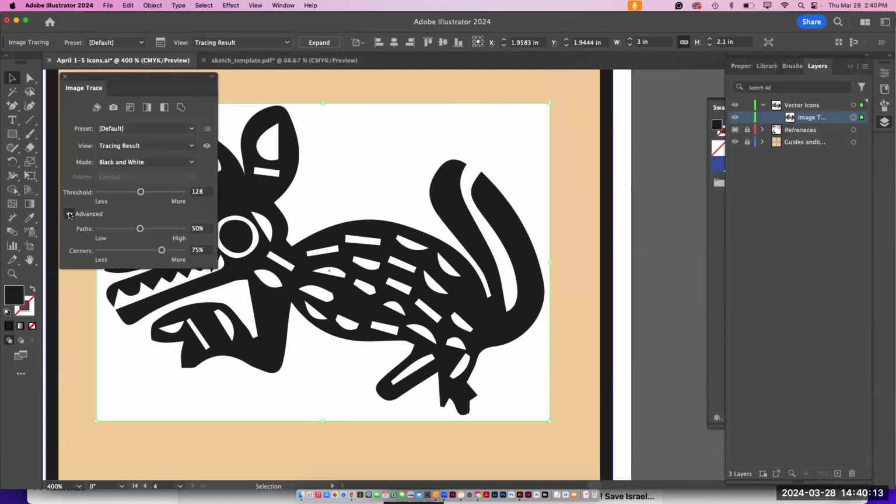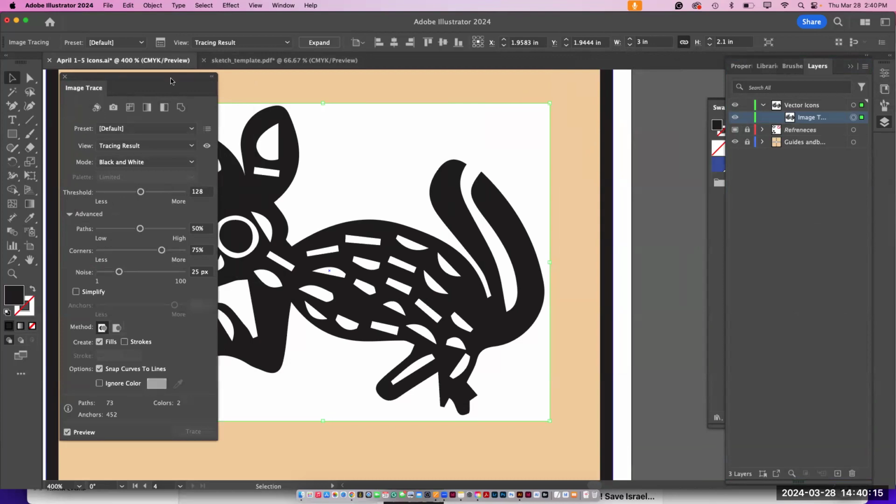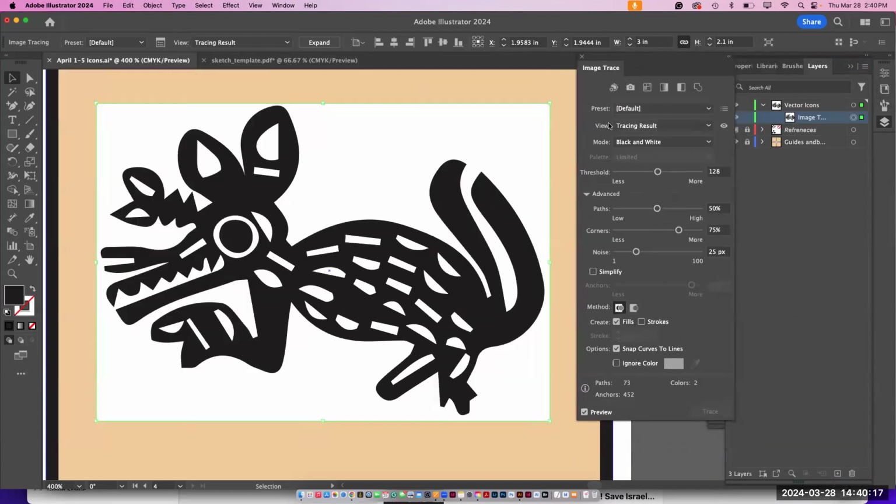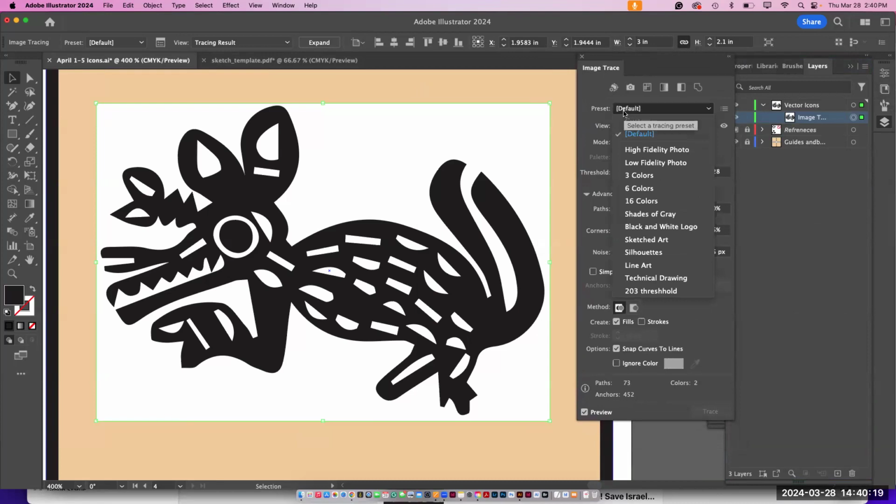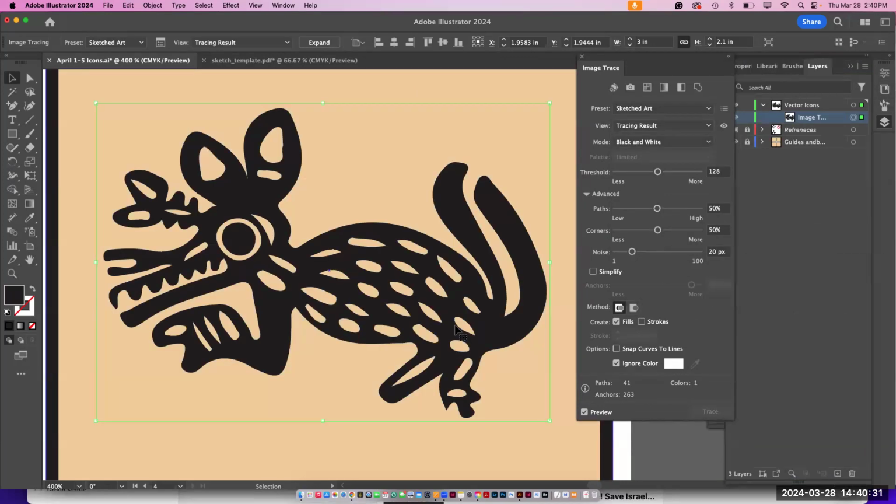And then I'm going to click on the advanced and expand it. And what do I have here? I have presets. You can also create your own presets. You have high fidelity photo, low fidelity, 6 colors. This one looks to me like sketched art. And if I clicked on sketched art right now, if I go all the way down over here,